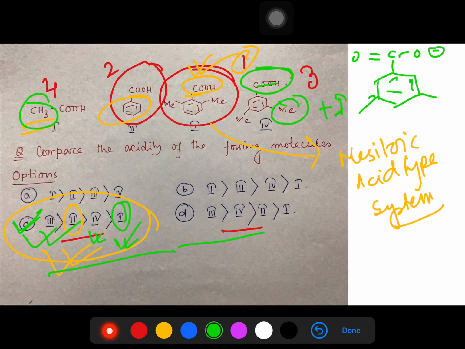So what have you learned today? We have learned today about a comparative study of different acids, from aliphatic acid to benzoic acid and the corresponding aromatic analogues, and in this case the steric inhibition of delocalization we have learned and its consequence in the acidity. So this is the end of this discussion.